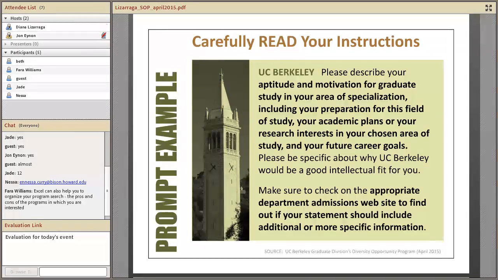I also want you to think about the example of this prompt right here from UC Berkeley. Carefully read the instructions. So this is what UC Berkeley had. If you're thinking about applying to UC Berkeley, this is the prompt that you would be given last year. And according to the graduate division, it sounds like it'll probably be the prompt for this coming year as well,